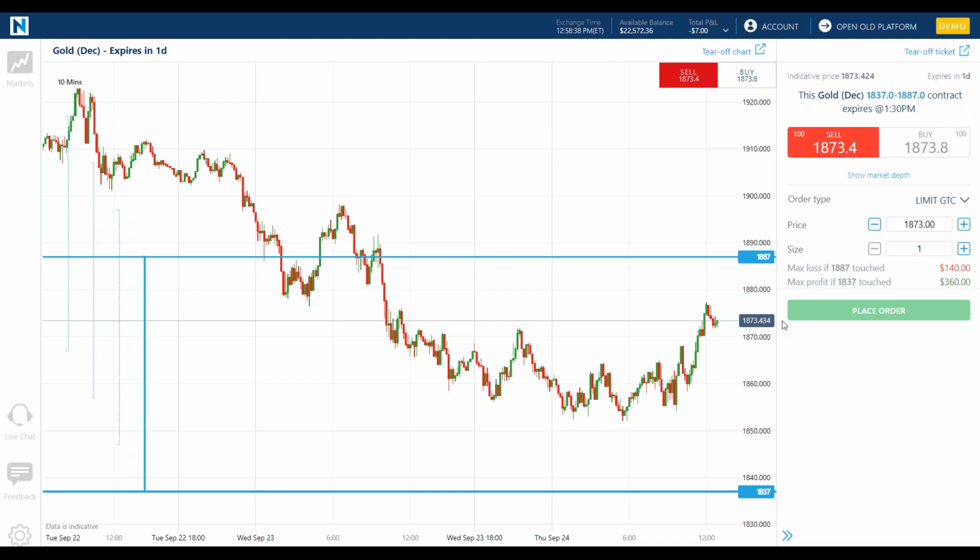Now, if it were to go down, I was right, and it went lower, I would experience partial profits all in this range. I would experience partial profit all the way down till 1837, at which point I would get knocked out for maximum potential profit of 360. I can't make any more than that. So I know getting into the trade how much I could stand to make, how much I could stand to lose, or if it doesn't touch either one of these boundaries, I would have a partial loss or a partial gain somewhere in there. Okay, hopefully that made sense,